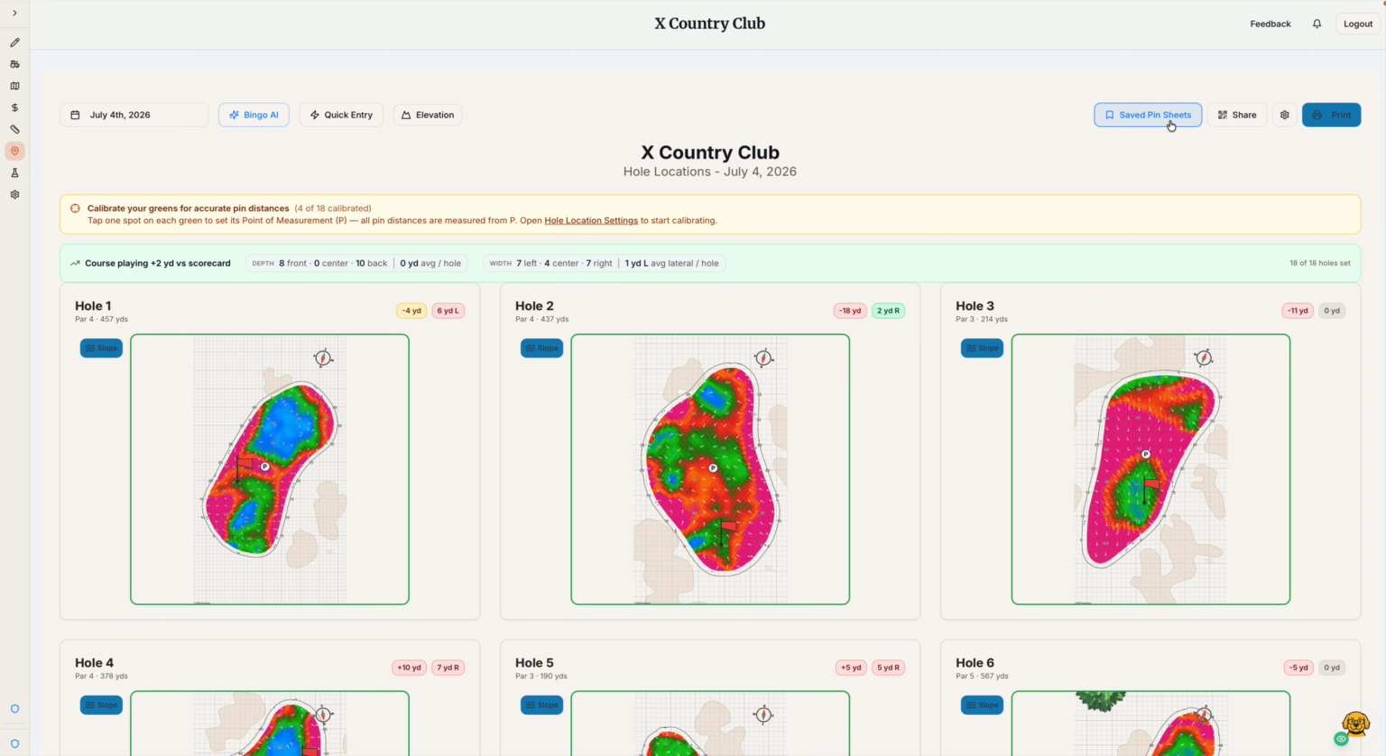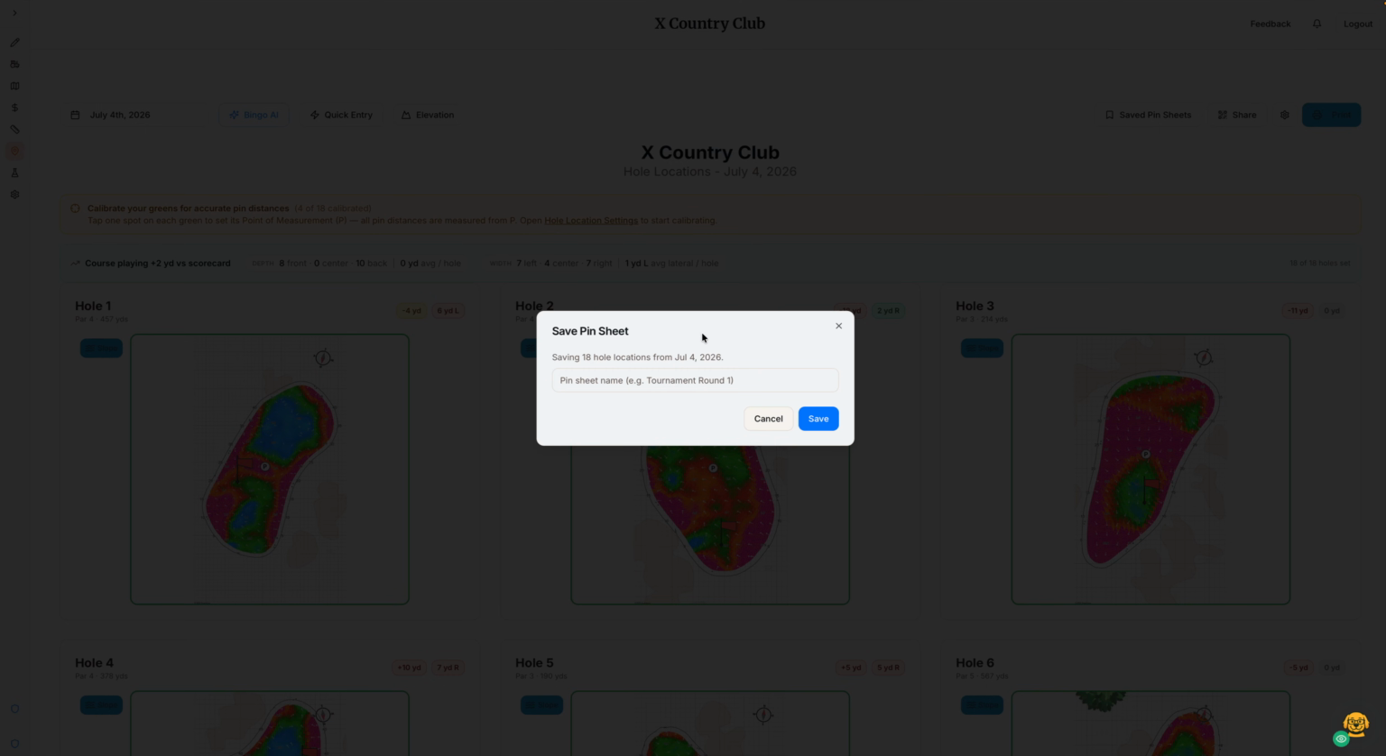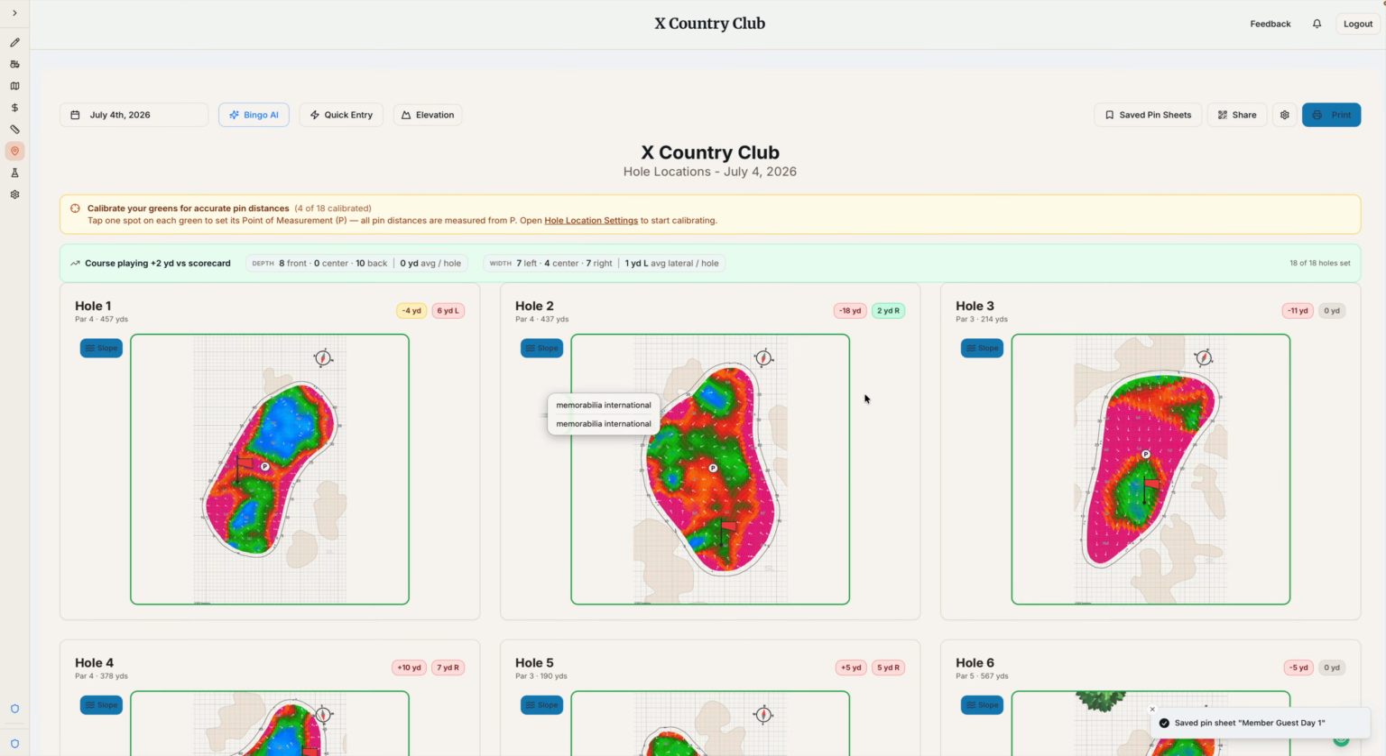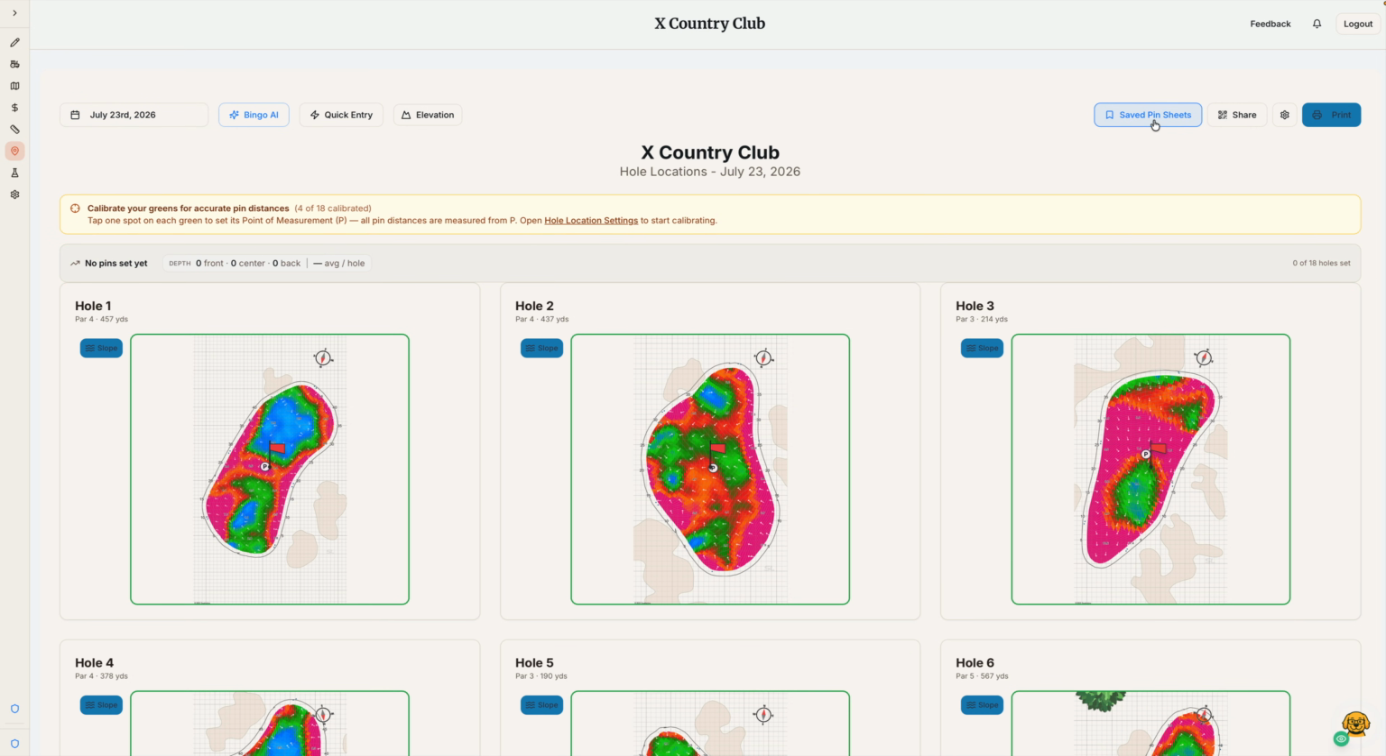If, say, today is your member guest day one, and you know you're going to want to use this pin next year, you can do member guest day one, save. And then when you go to any random day next year, or high and dry pins, or easy pins